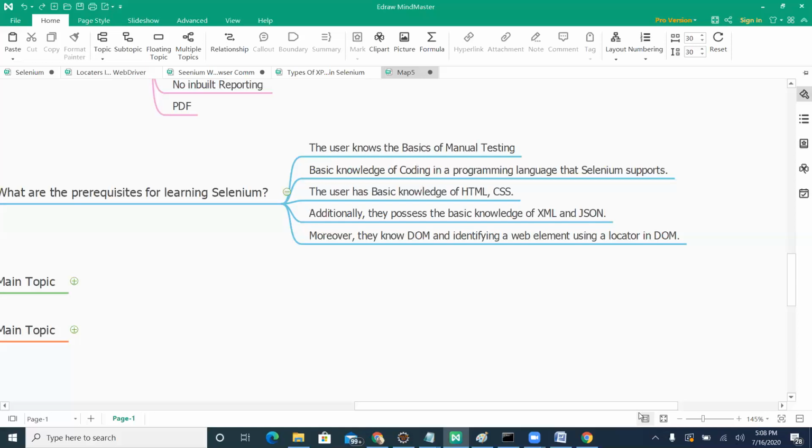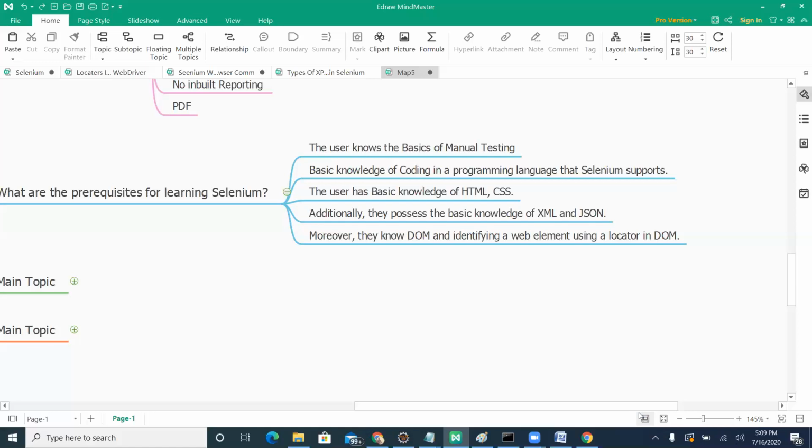Basic knowledge of XML and JSON is also needed. When you are working with TestNG XML and pom.xml, you need a basic understanding of XML and JSON so that you can create your own. You can add to pom.xml whatever you want, and in TestNG XML, which classes you need to run and how you need to run them. I am including that in this program too. I can explain what XML and JSON are.